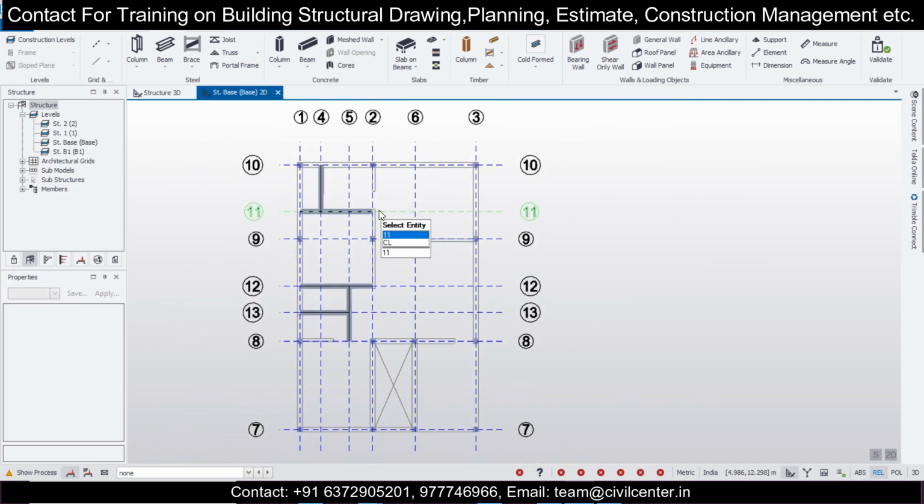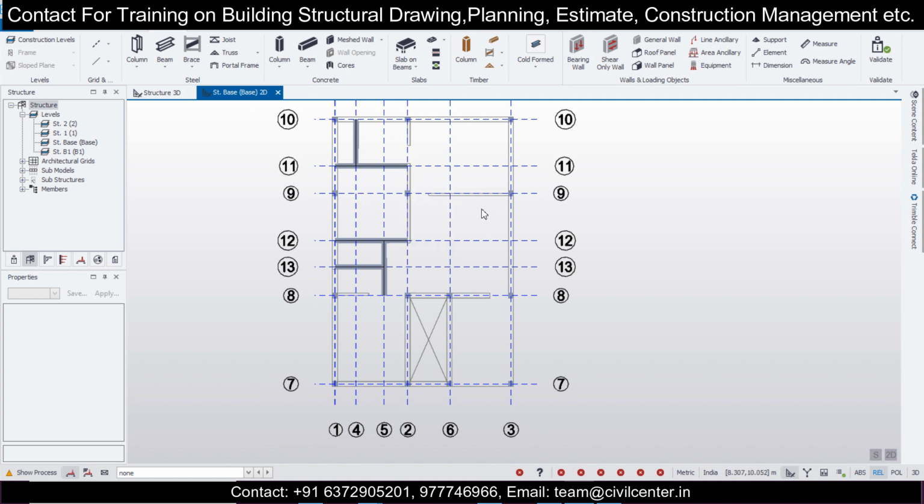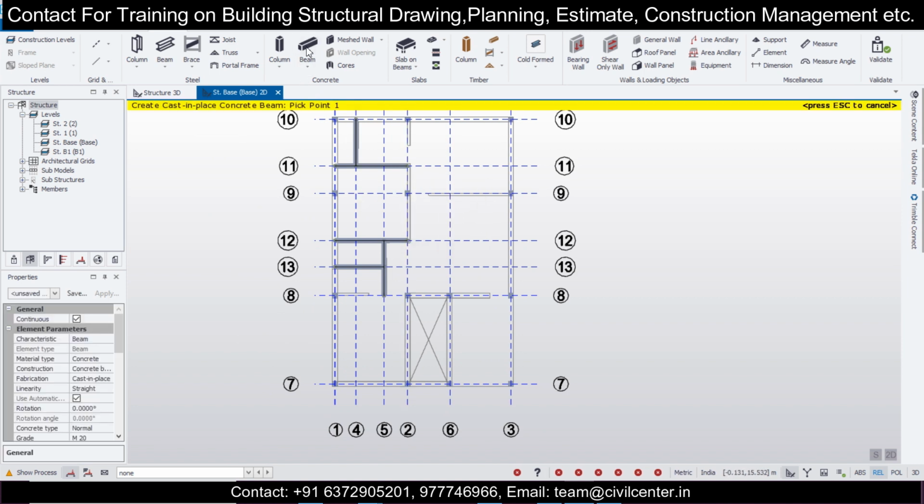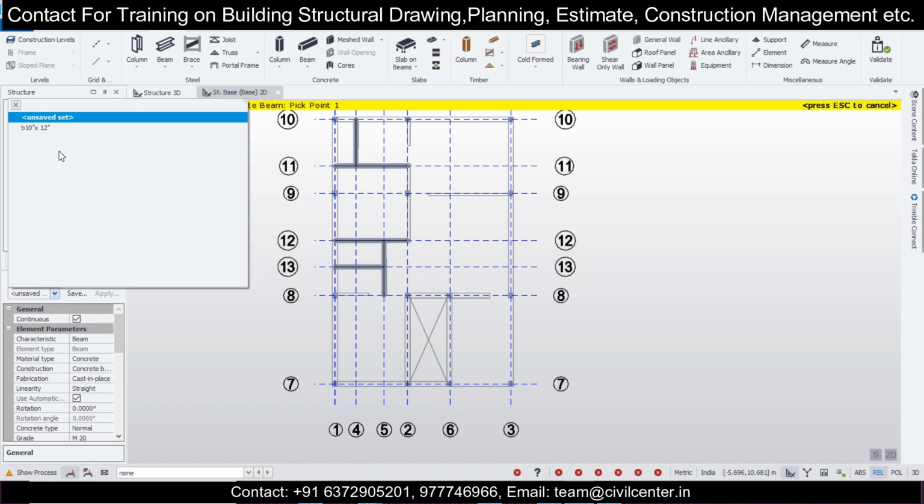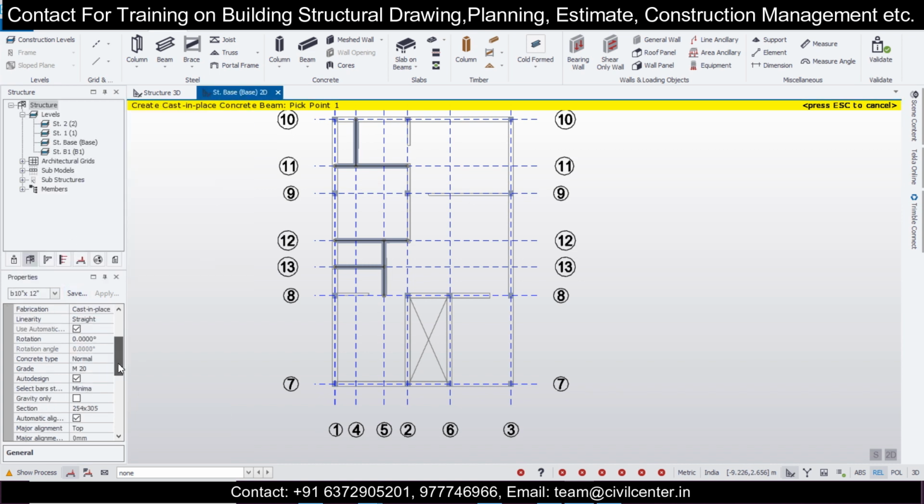But now all columns are there, and we'll join the main beams now, and we'll select the beams here, and we'll take the main beams. So suppose we are going for the main beams of 350, so that means 14 inches. So if we go with 14 into 25.4, so 355.6.